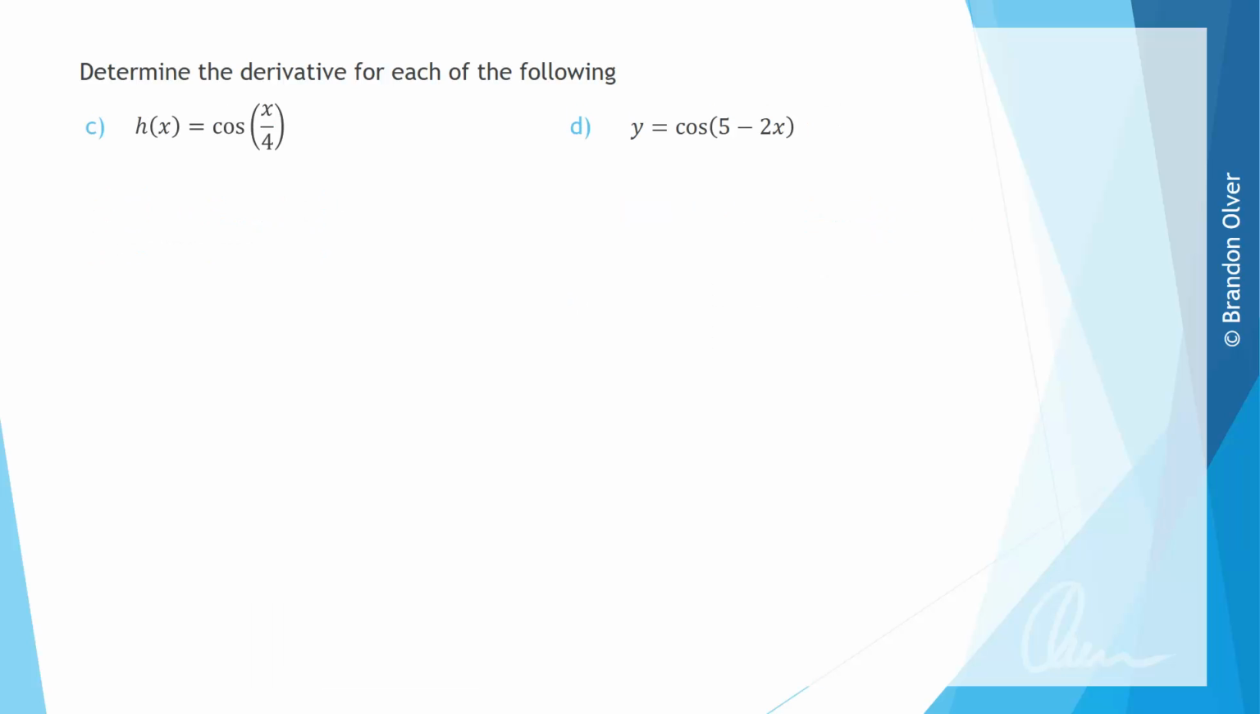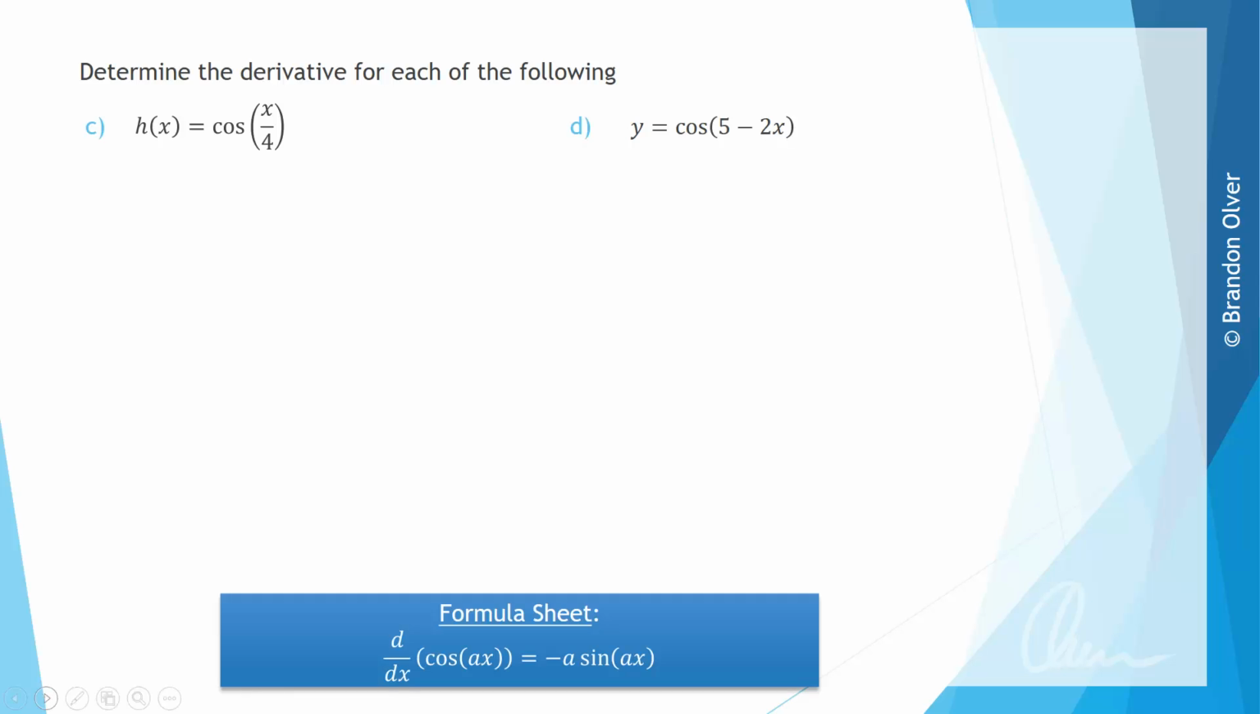For part C, we have the rule h of x equals cos of x divided by 4. And this time we look at our formula sheet and we find the derivative of cos of ax is equal to negative a times sine of ax. So applying that formula, we would find that h dashed of x for this function is going to equal, the